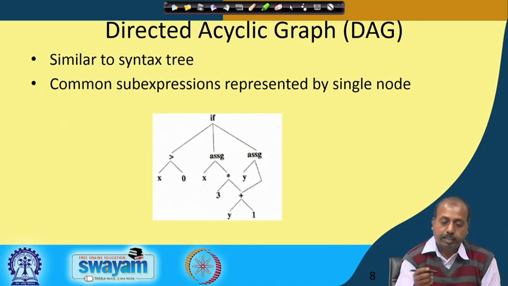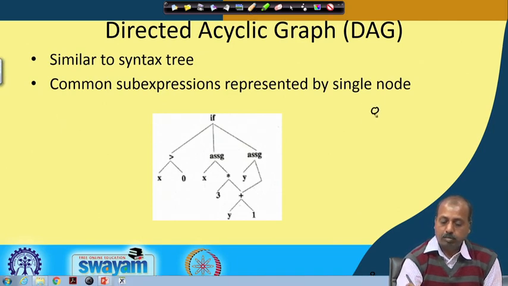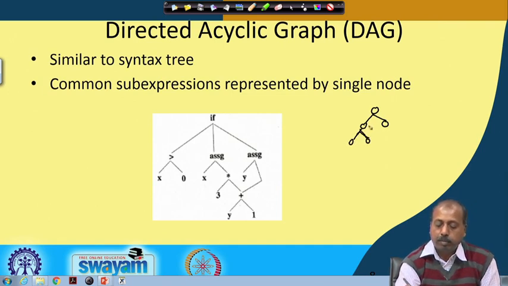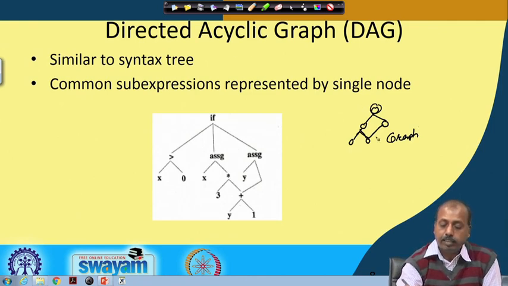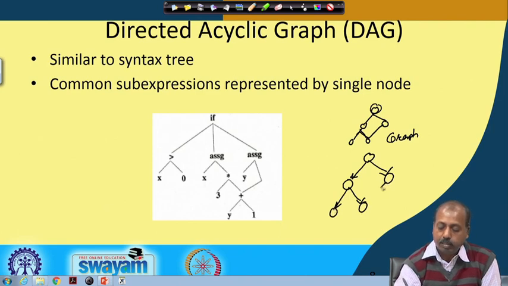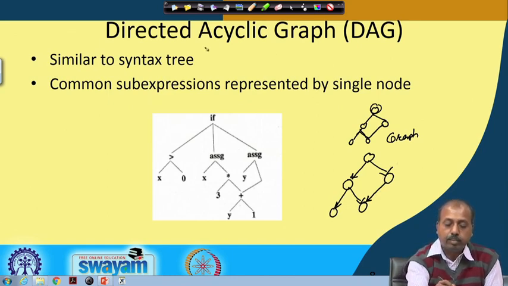The root node does not have any parent, but otherwise, if this is a tree, every node will have one parent excepting the root node, which does not have any parent. It is never the situation that one node has two parents. If that occurs, then this is a graph, and we call it a directed acyclic graph, where these edges are directed. From the root node, it has children, left and right children. Similarly from here. And then if it is a graph, this type of edges will also come, and it is not cyclic. So, this is an acyclic graph.